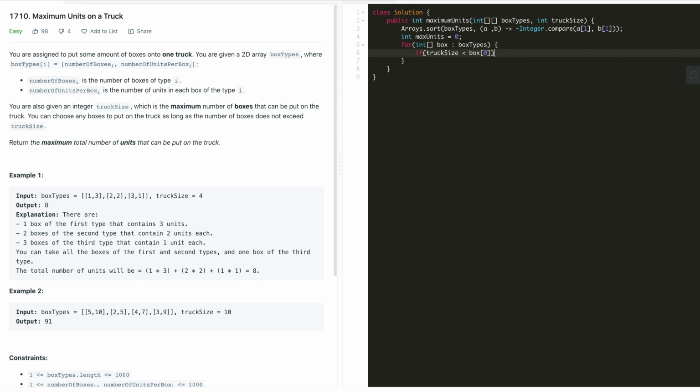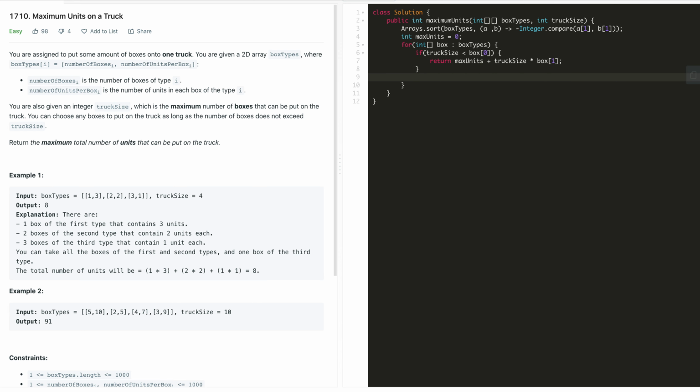If it is lesser, which means we can take only that many boxes, we will add this into max units and return, because after that we can't get any more. So we return maxUnits plus truckSize times the units per box on that box type, at index 1.